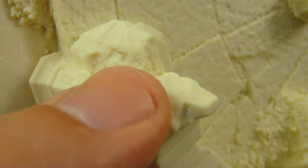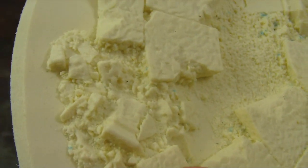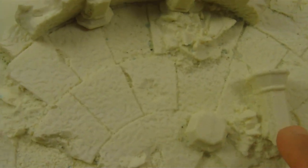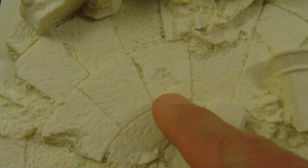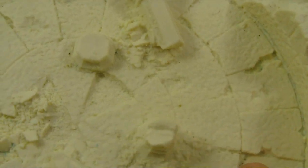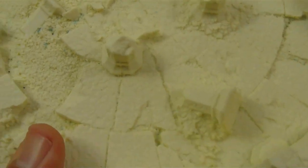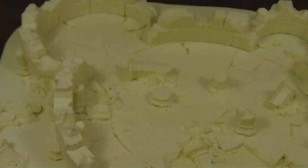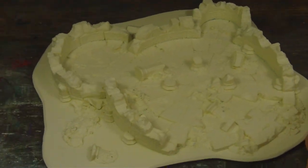So I went in and put in some really delicate chips along the tops of these, and of course went in and put in quite a bit of variety of damage in amongst the floors, some cracks, blocks that are sunken, etc. I have a problem with that word. So anyway, that gives you a little preview of